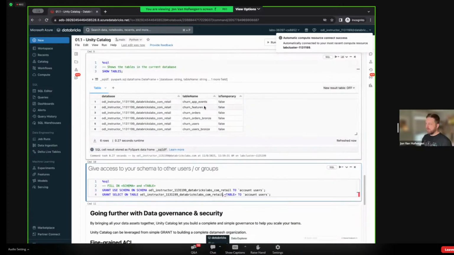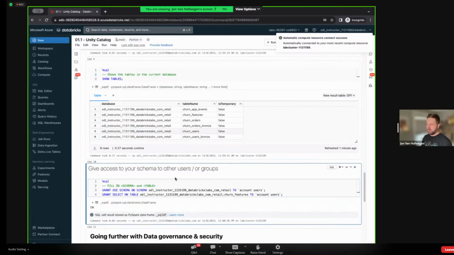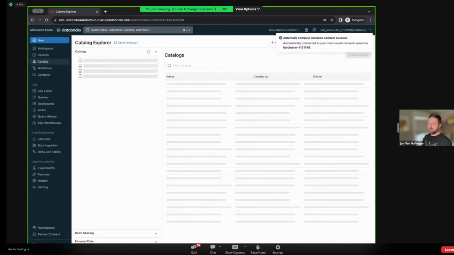And then I will select one table. I'm going to give the churn features table the ability. This is not going to have an impact on the lab, I don't believe, because we're working in our individual silos here, but it does show how the individual grants can be given. So I've run that grant. I got OK. And now I'm going to go see how this manifests itself